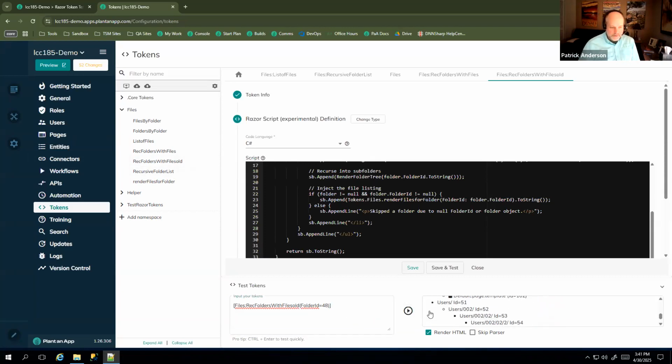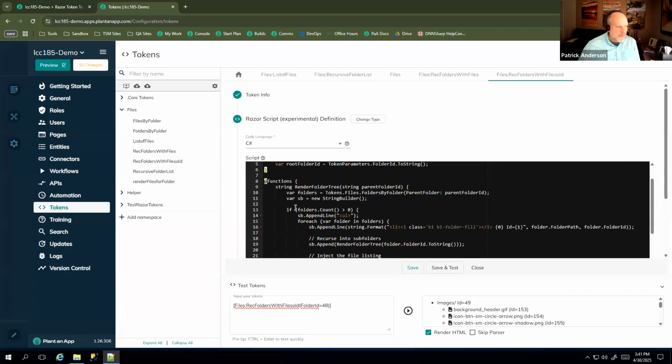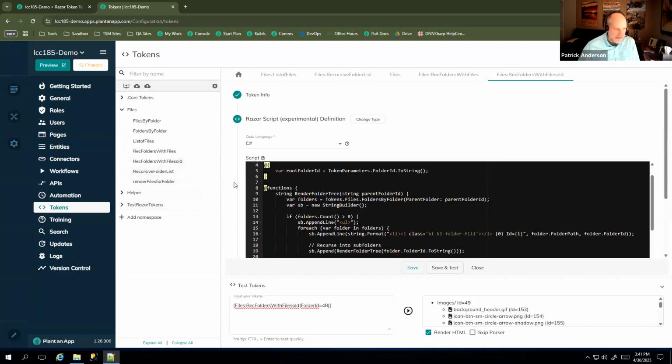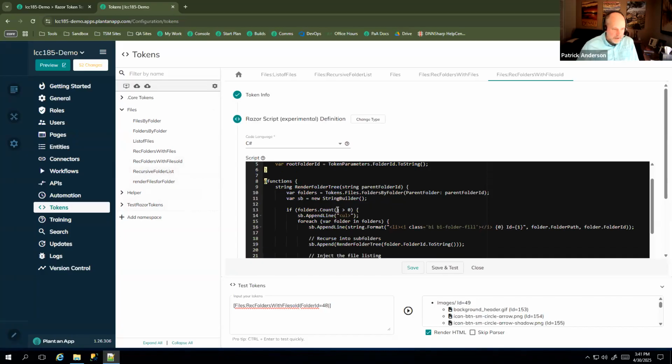Okay, this is a little bit further along than I wanted to be, but you can see that I have some icons in here, which is kind of nice. So we've gone from that recursive folder list, and now in addition to what we had in the recursive folder list, we're now